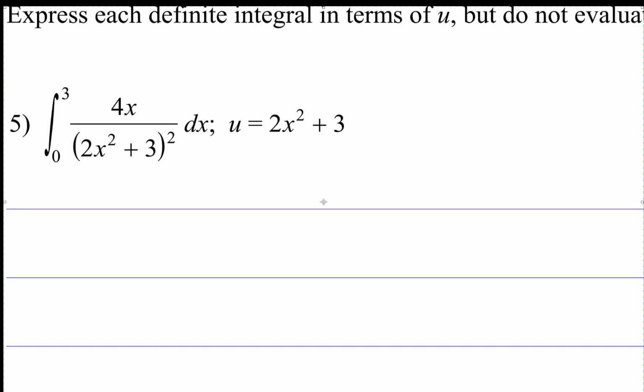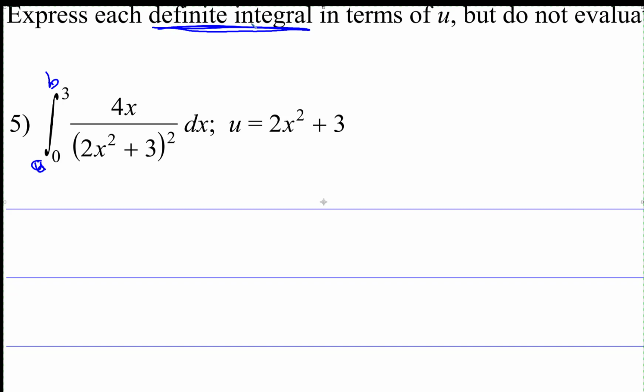Okay, these are a little bit tricky, sort of. You have to pay attention. First of all, we are now talking about definite integrals, where there's going to be an a and a b. A is the lower bound, so if you're looking left to right, a comes before b. This is the lower bound, this is the upper bound. All right, so